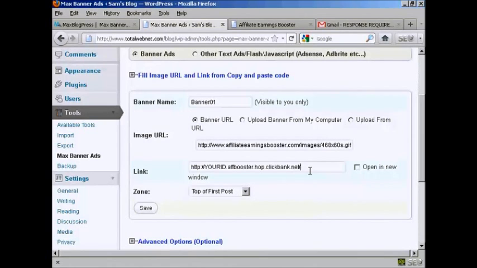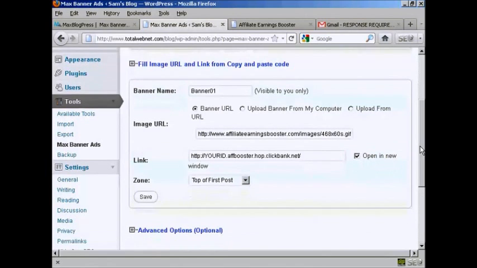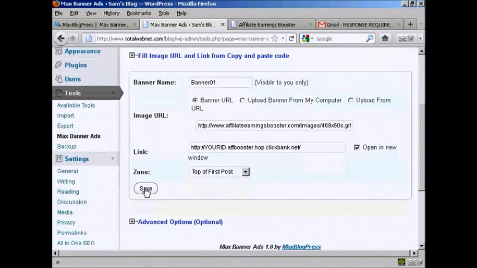And I'll put the trailing slash in there. I'm not sure if it's necessary or not, but I'll do it just to be on the safe side. Now I can check this box here if I want the link to open in a new window, or leave it blank if I want people to go to the site from my blog when they click on the link. Okay, so that's done. So now all I've got to do is click on save,